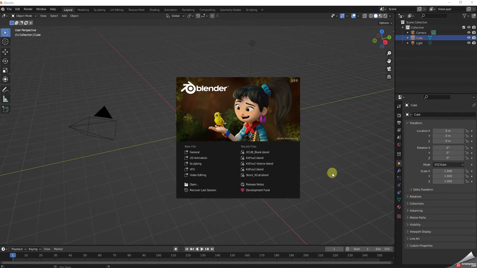I've got the welcome screen up. You can see I've been messing with different stuff here because where it says recent files, it tells you at least the last couple of things that I've worked on. Anyway, I'm going to show you a couple different ways to bring a model into Blender